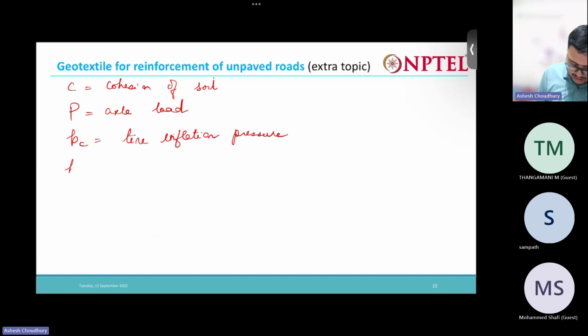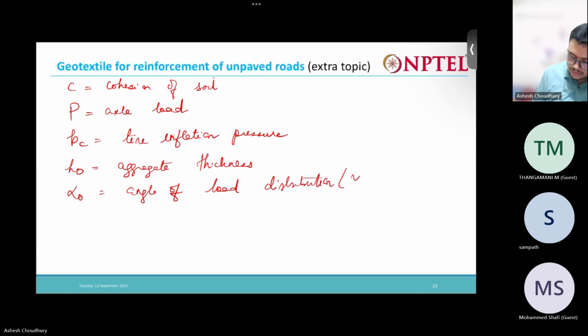Okay, what is H naught? Aggregate thickness, alpha naught angle of load distribution, approximately 26 degrees. Okay, now